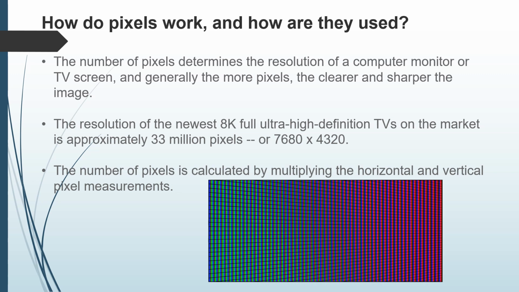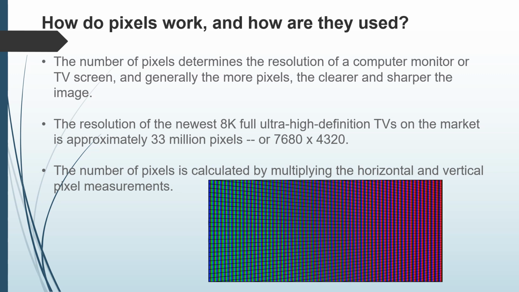The number of pixels determines the resolution of a computer monitor or TV screen, and generally the more pixels, the clearer and sharper the image. The resolution of the newest 8K full ultra high definition TVs on the market is approximately 33 million pixels, or 7680 into 4320. The number of pixels is calculated by multiplying the horizontal and vertical pixel measurements. For example, HD has 1920 horizontal pixels and 1080 vertical pixels, which totals